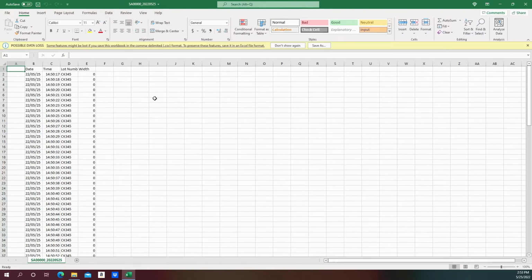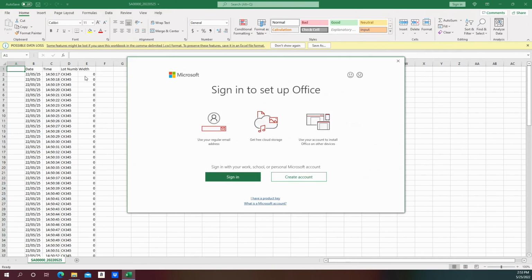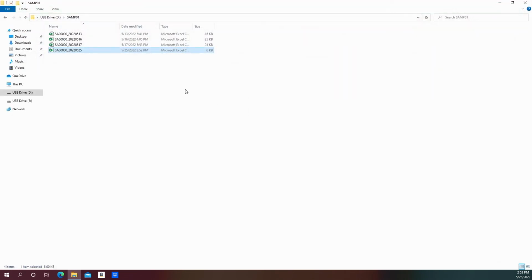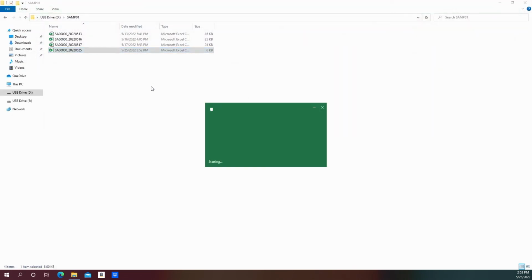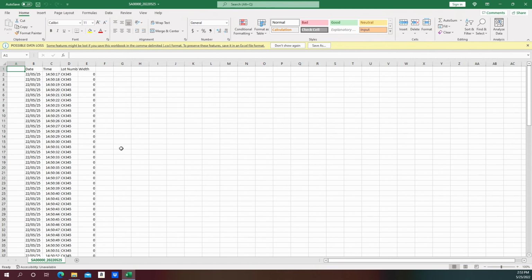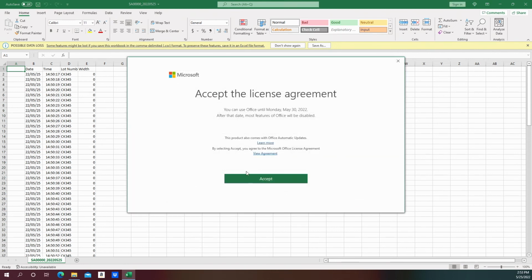And if you double click on that file, you can see that it has collected the data, the lot number has been assigned, and then you also have the width data that is being presented here. As you scroll down,